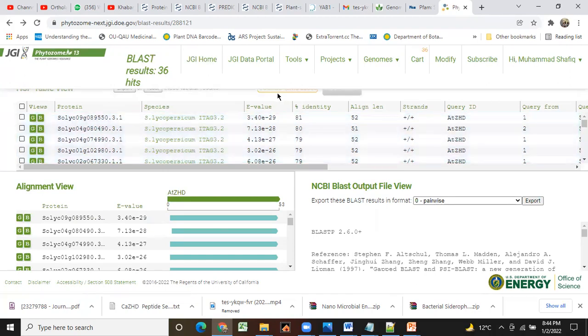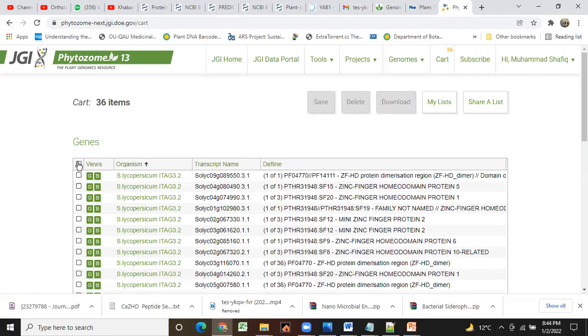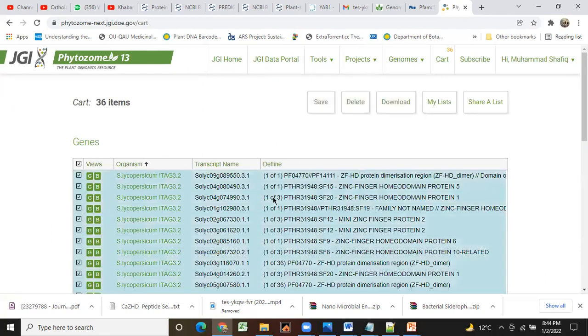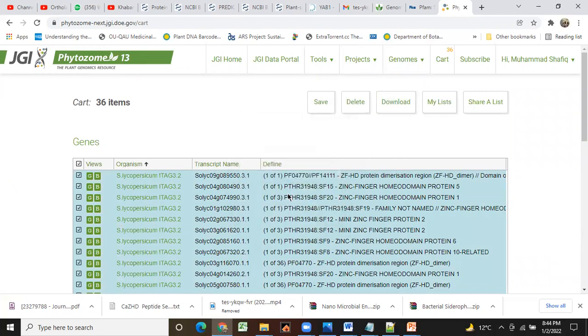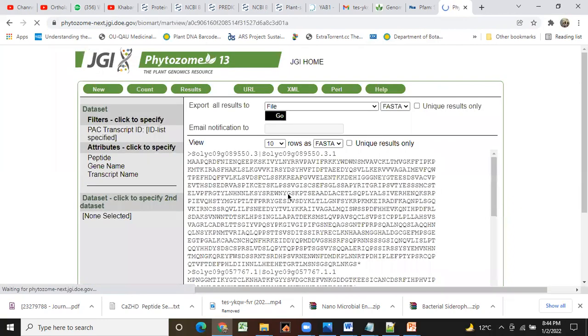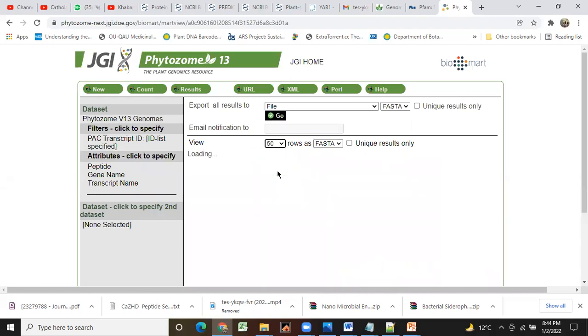You understand what I mean? Yes, sir. Okay, now these 36 maybe they will not download the same genes. So now how many will be left after download?